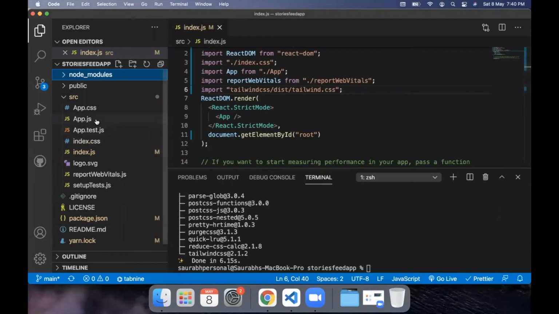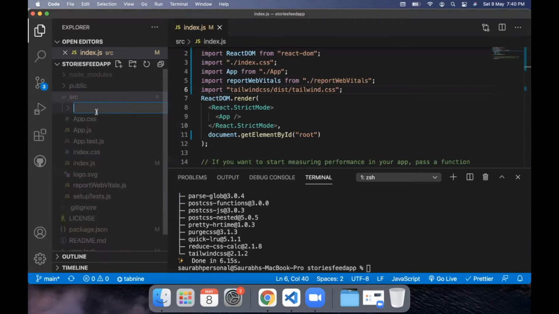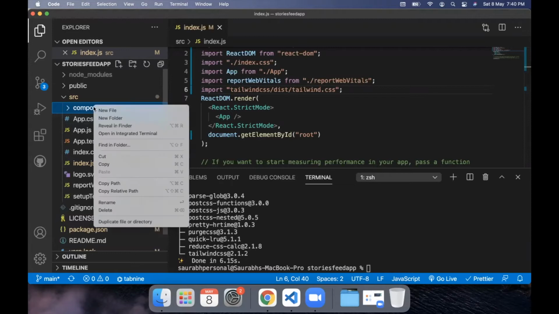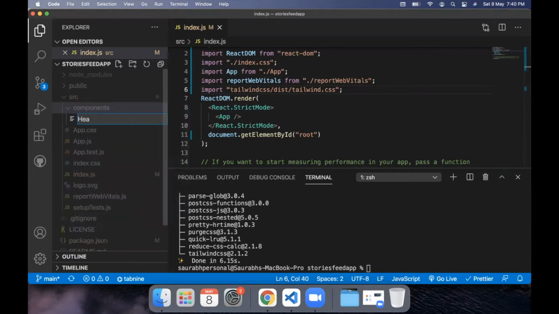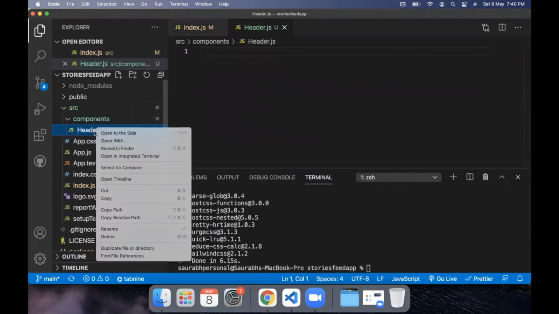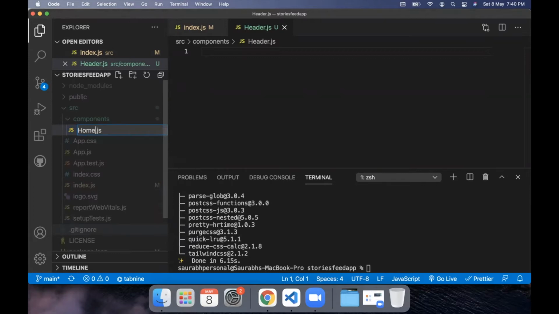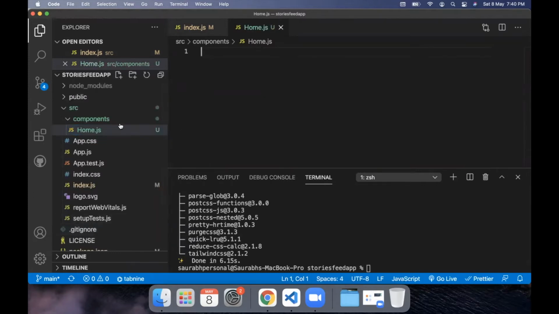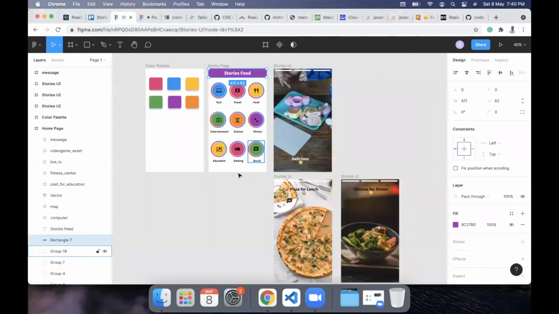For that, the first thing we need to do is create a components folder. So let me create a components folder here, and I'm going to create a header file, header.js. Okay, actually I am not going to use header directly, I am going to create home.js, because this is where I'm going to create this entire component in a single file.